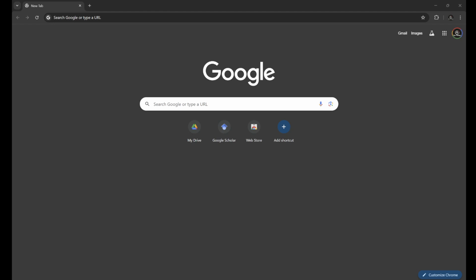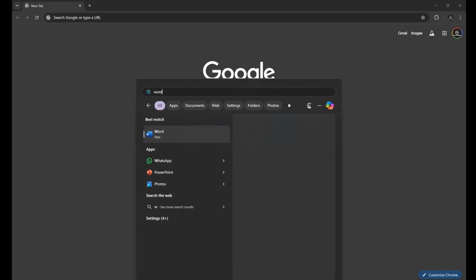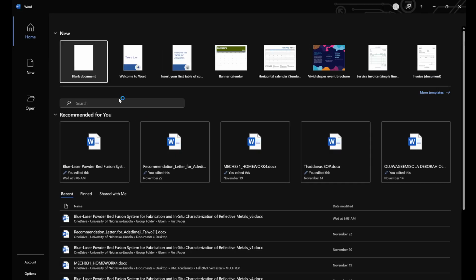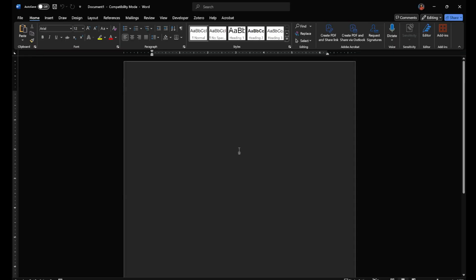So this is going to be a demonstration on how to use Google Scholar, Zotero, and just how to draft a literature review. I asked for two topics, and I will not use the exact topics because it's still an ongoing research topic, but I'm going to use an adaptation of them. So let's get started. I'm going to open Microsoft Word, and we have two topics,